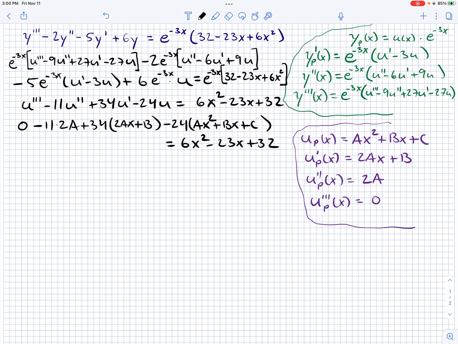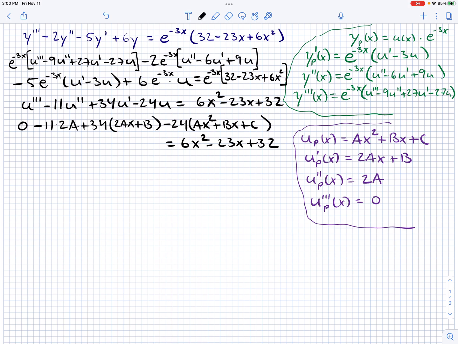So from here, we want to rearrange terms to get essentially it in the form of a quadratic, something x squared plus something x plus 32. So doing that,